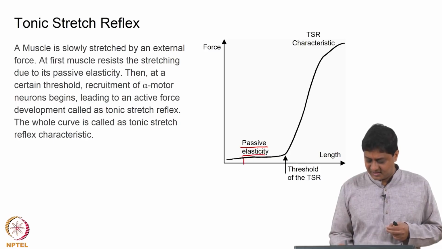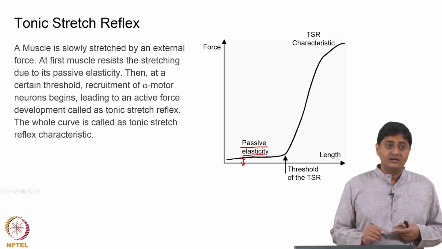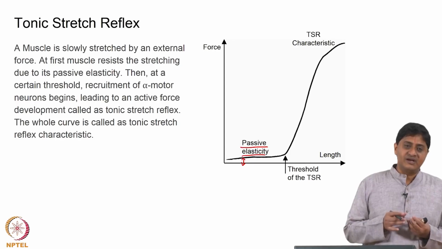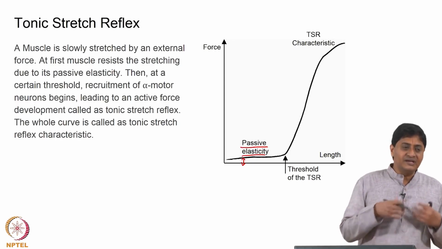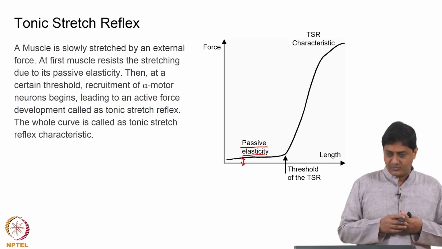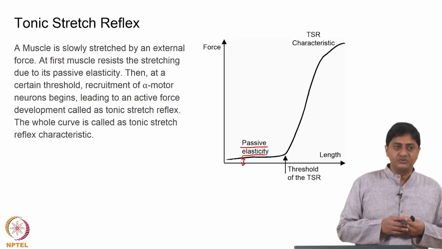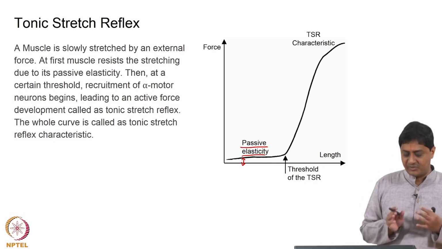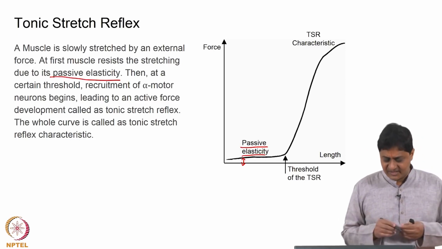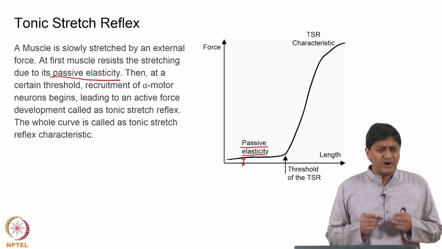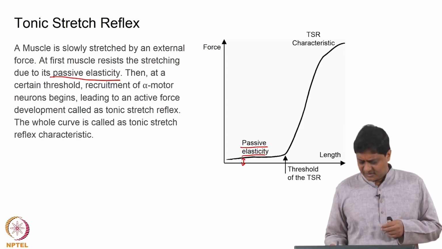Let us remember that the muscle is made of contractile materials, so if I pull, the material is going to respond. So there is a response due to the passive material properties, or what we call passive elasticity. Then at some point, at some threshold,